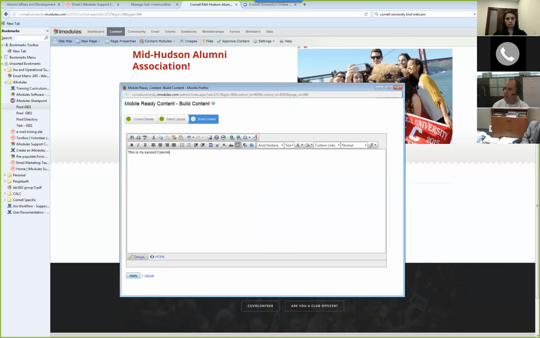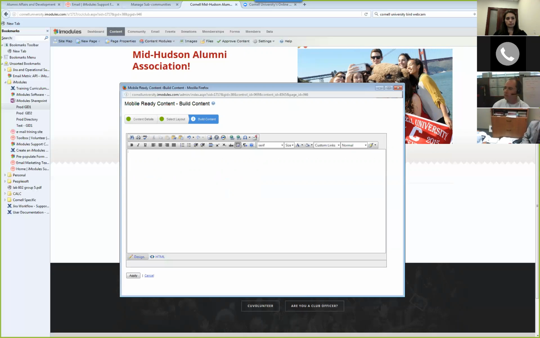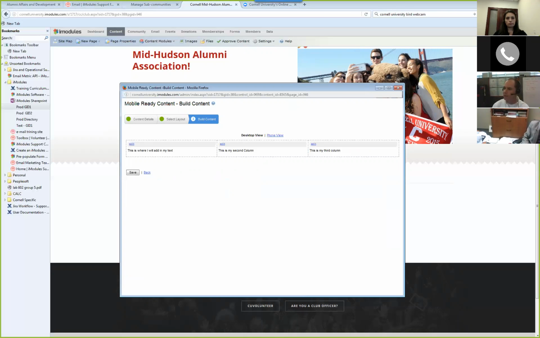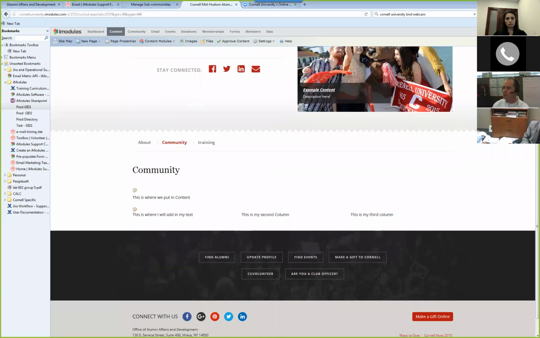I'm going to hit apply. Now if I click a little button over here, this is my third column. I can hit apply and save this. Now look, when the page redraws, I have 3 different columns. So it gives me some flexibility in how I present my information.